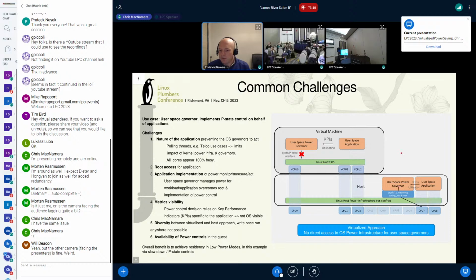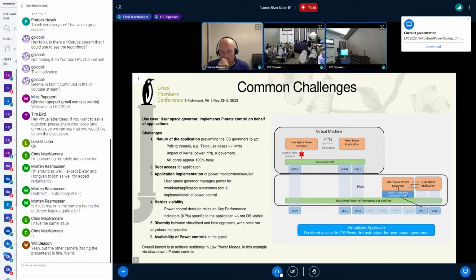So one of the solutions that has been employed in this piece here I'm going to talk about, but you can see an opportunity where the user space power governor is interfacing to the sysfs for scaling min, scaling max. It's taking utilization outputs from the user space application because the OS sees this as 100% busy. Okay, so power governors are pretty much negated. We also have challenges around root access. Applications in many of these environments don't have privileged access, so having a user space power governor that's a separate entity allows us to build that out.